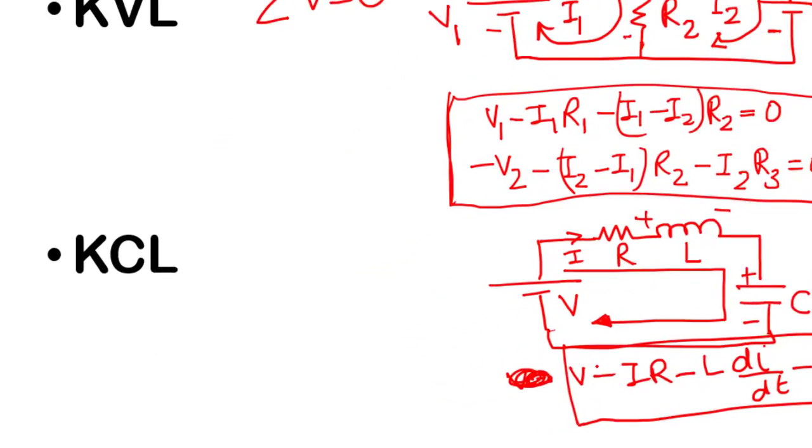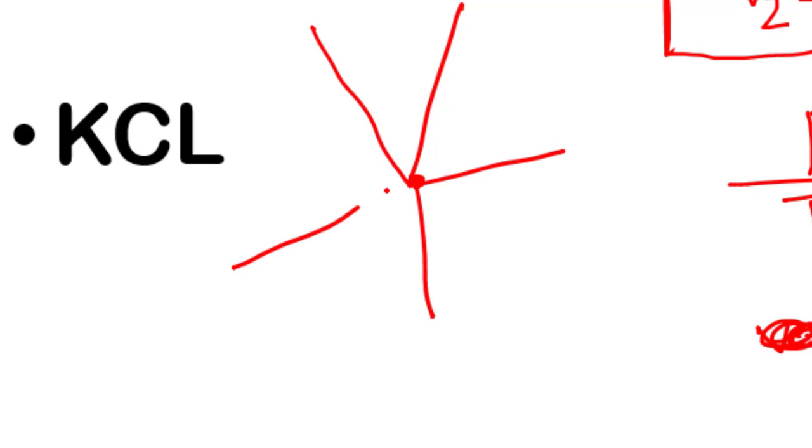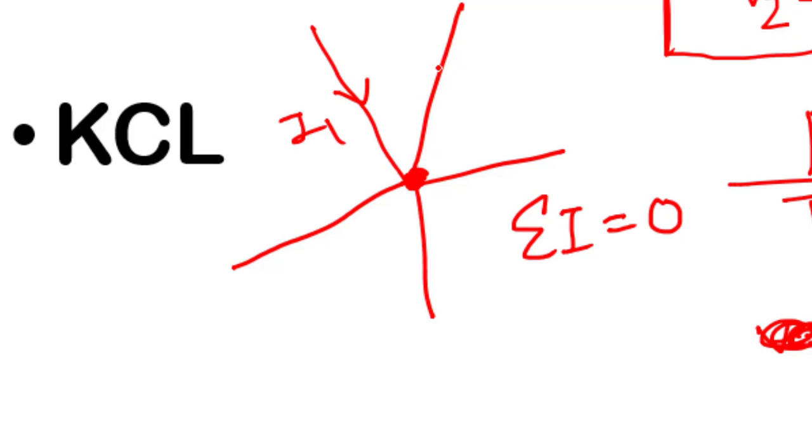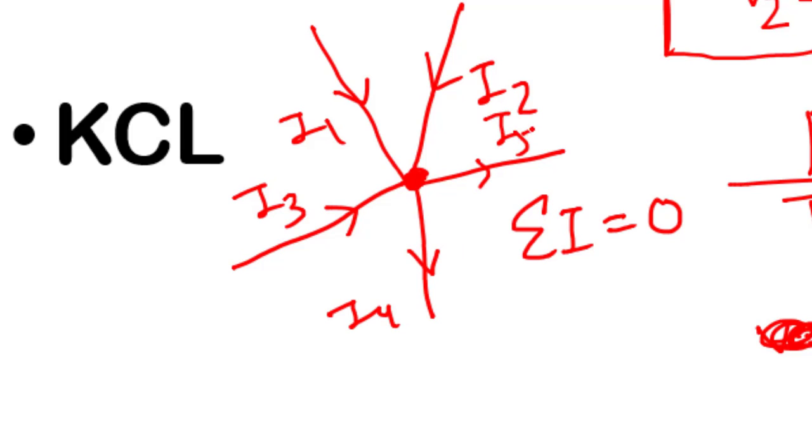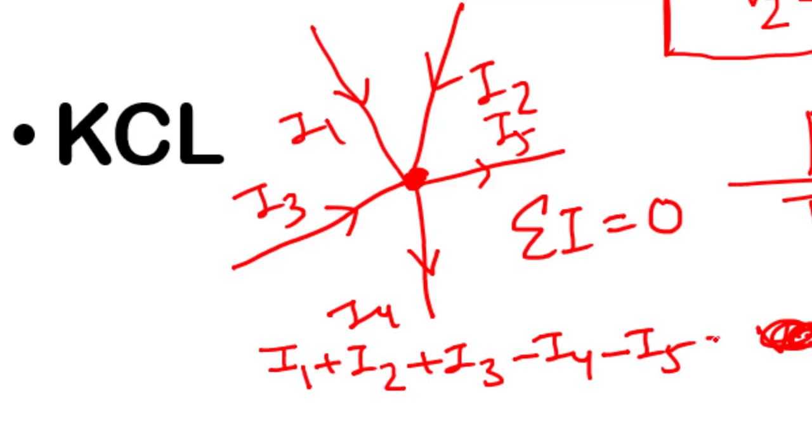Now, next one is our KCL. In KCL, you very well know that for currents meeting at a node, some are incoming currents, some are outgoing currents, and the algebraic sum of the currents at a node is equal to 0. The summation of I is equal to 0. Now let us assume this current is I1, this current is I2, this current is I3. All these three are incoming currents and the outgoing currents are I4 and I5. So how would you write the KCL equation? Very simply you will write I1 plus I2, because I am assuming incoming current to be positive, plus I3 minus I4, so outgoing current will become negative, equal to 0.